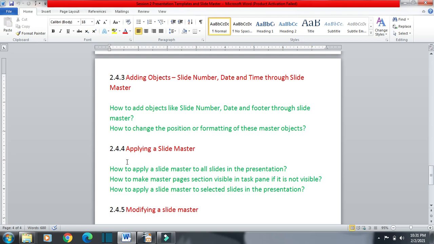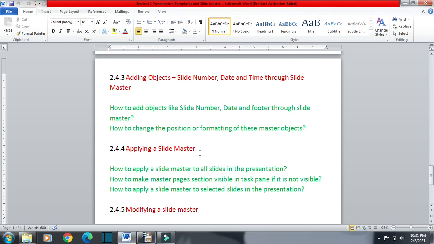Now our next topic is 2.4.4, applying a slide master. Applying a slide master to all the slides or applying slide master to multiple slides. Okay, we can have multiple slide masters in a presentation.